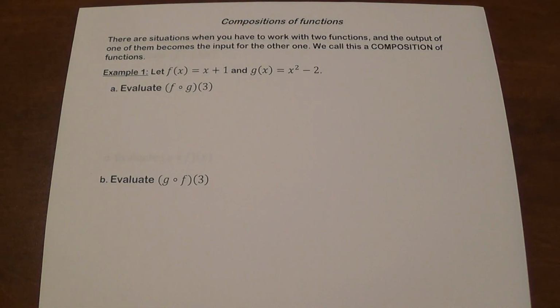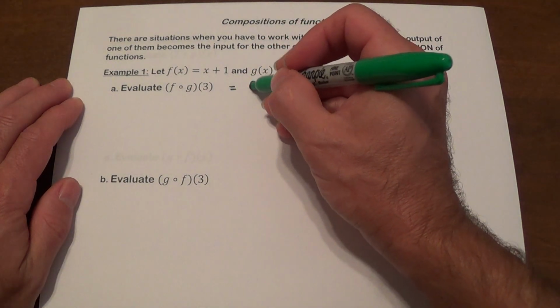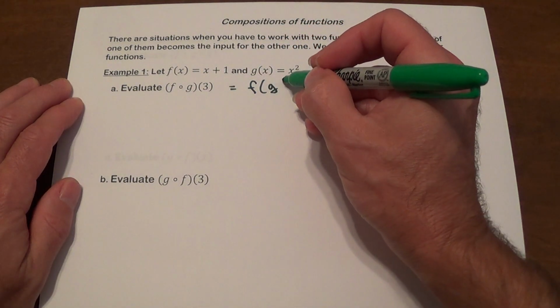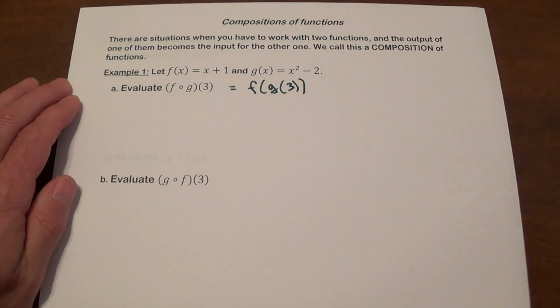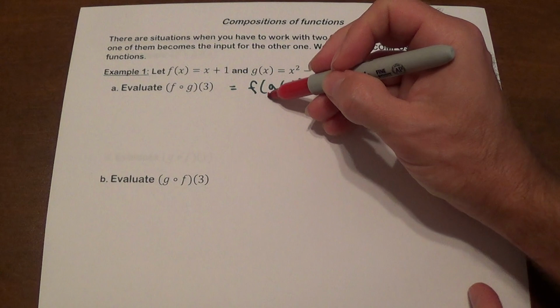Hi, we are going to discuss how to write compositions of functions and also how to find their domains. The first thing we're going to need to do is understand what composition of the functions is. When you have it written like this, another way this sometimes is written is f of g of 3. And what you need to do here is evaluate g of 3, and then